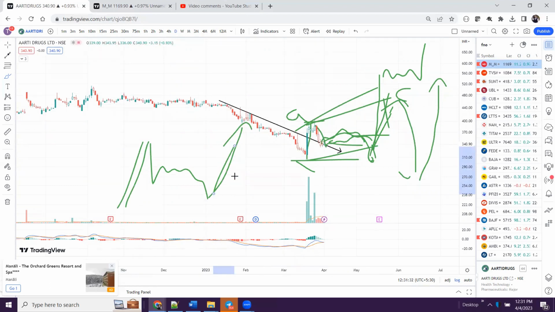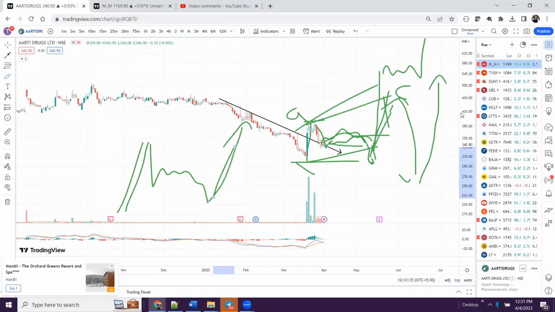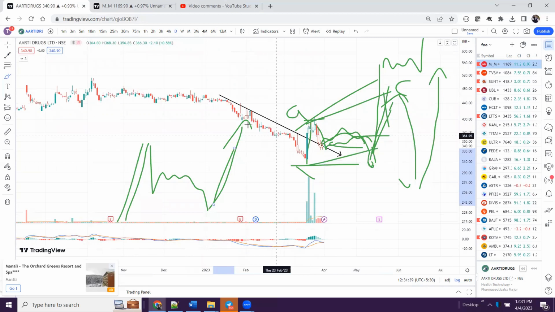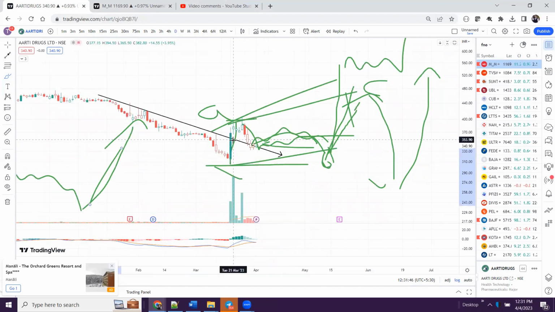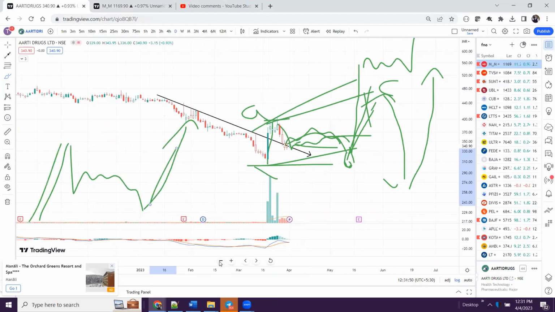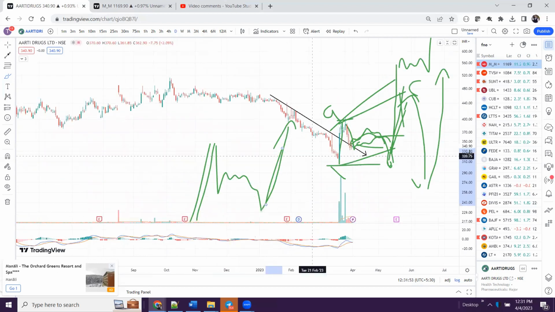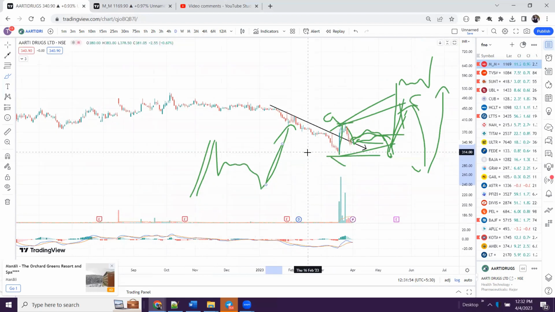In a strong up move, we will get back-to-back bullish candles, and in a weak move, like this one, which looks like a weak down move, you can see the size of the candle is very small and it is slowly going down. And in a strong move upside, we will get back-to-back 2-3 green candles. So we have to look for this sort of candles on this time frame, and then we can conclude it.